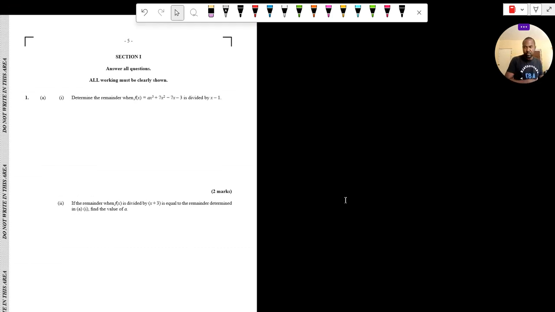All right, let's begin. So number 1, part A says determine the remainder when f of x equals ax cubed plus 7x squared minus 7x minus 3 is divided by x minus 1. So first of all, let's write down f of x. So say f of x equals ax cubed plus 7x squared